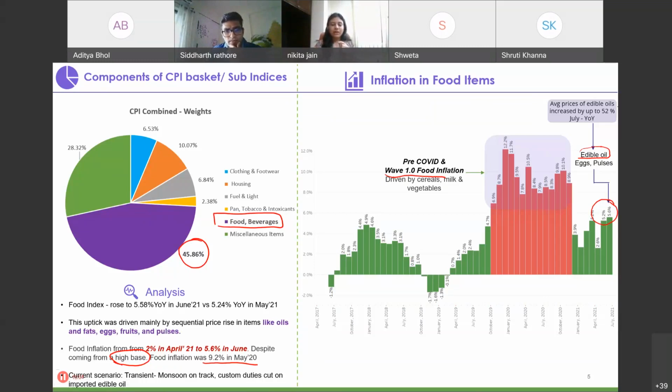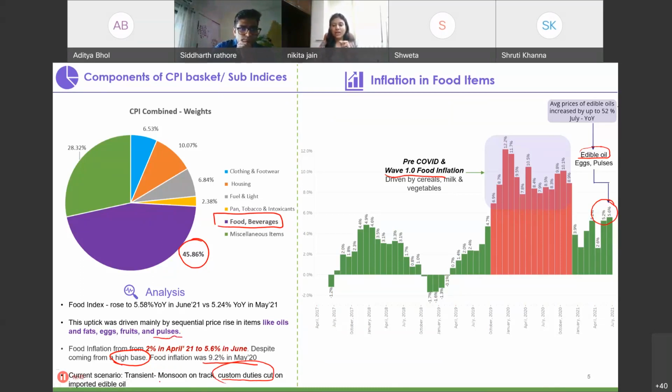It might have been sticky in nature, but the government took some steps and cut some import duties, which will pan out in the next 2 to 3 months, and you can see some easing in the edible oils. So this was one of the things which we saw, that it might be sticky in the month which we analyzed, but in the future months, it might actually come down because the custom duties have already decreased. Also, the price hikes in pulses and other food commodities might now be eased out, because